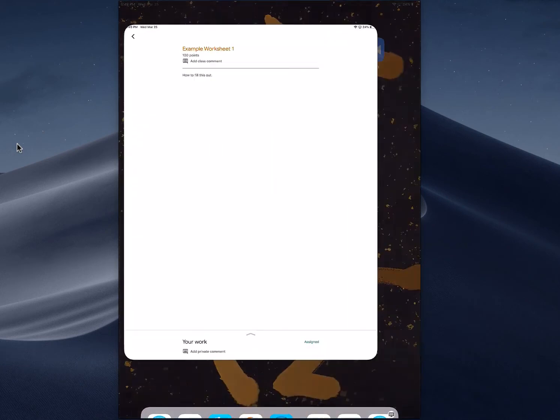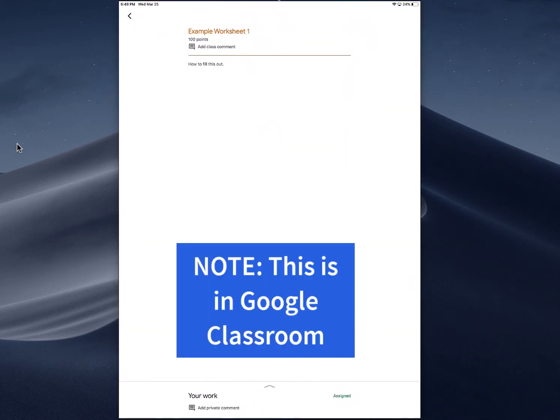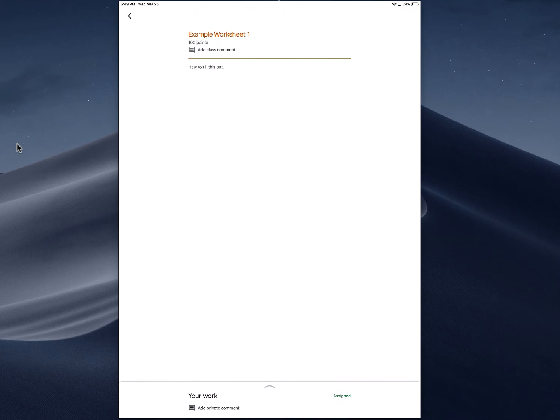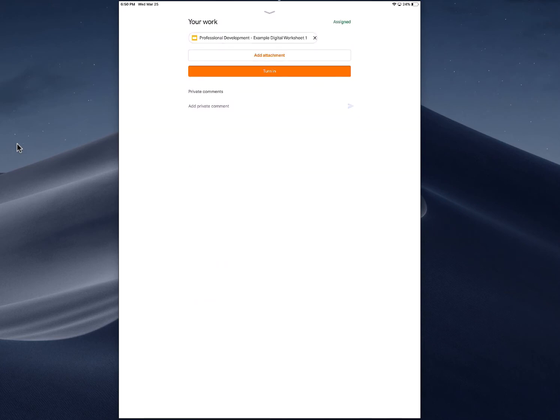So you can let them know that those are the 2 things that they can do, easily accessible and free. And so again, all of the directions and stuff come at the top. And if they go on the bottom where it says your work, they can open this up, and here is